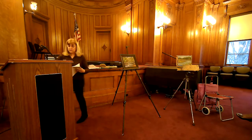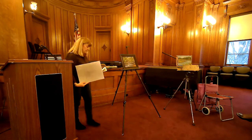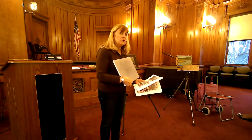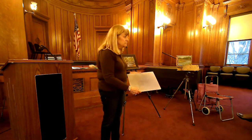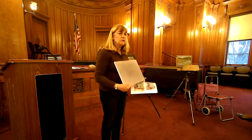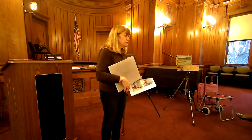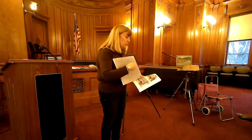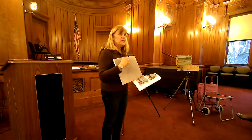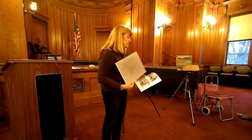Okay, so the next thing I do, once the canvas is dry like this, and I have my drawing all set, is take fine charcoal. I tell my students, do not use pencil, never use any kind of pencil type of device, always use something soft like charcoal, and then draw the same item on your canvas that you drew in your drawing. You don't have to put every detail, but you get the basic shapes in there. You need to know where they are in relation to one another on your canvas. And once you get that,